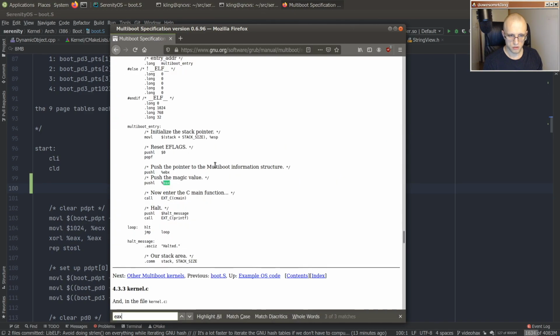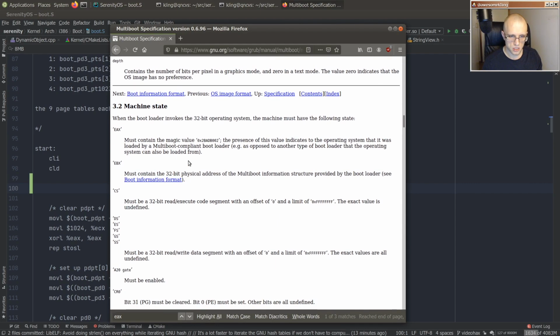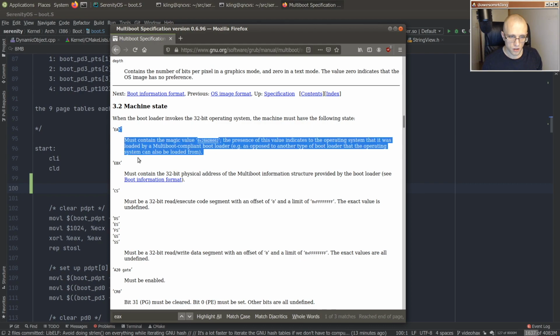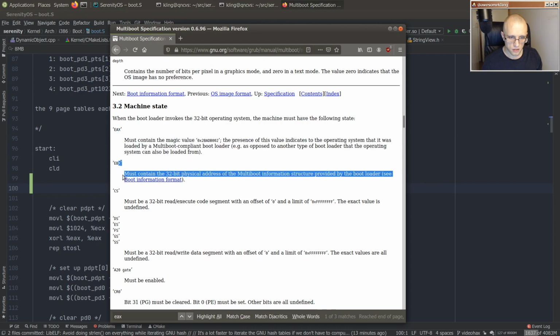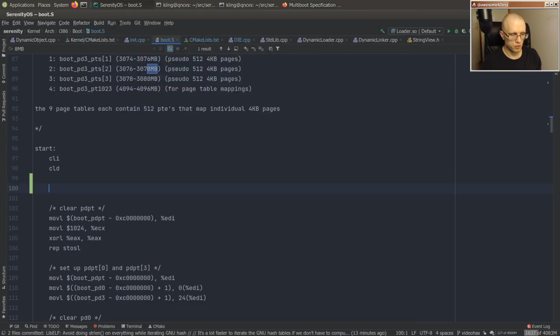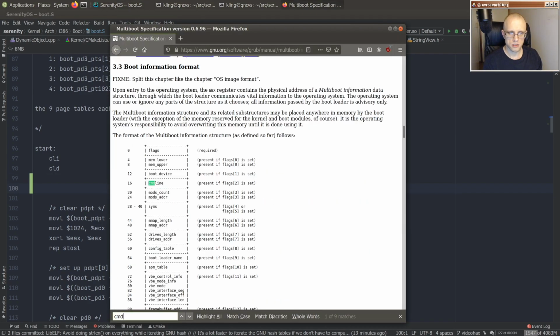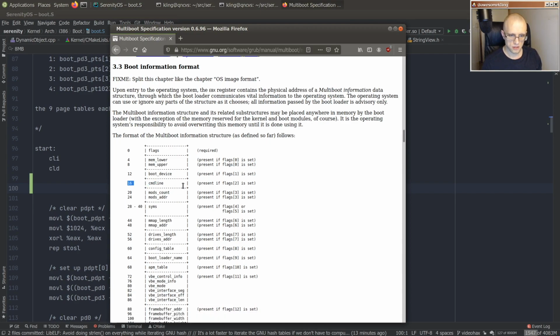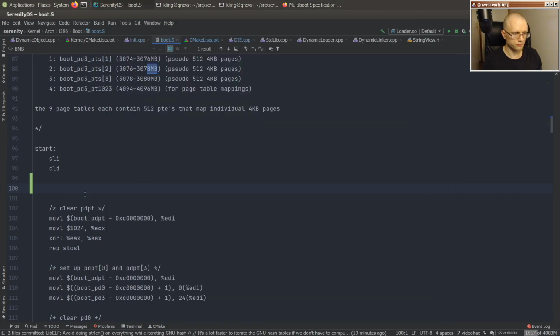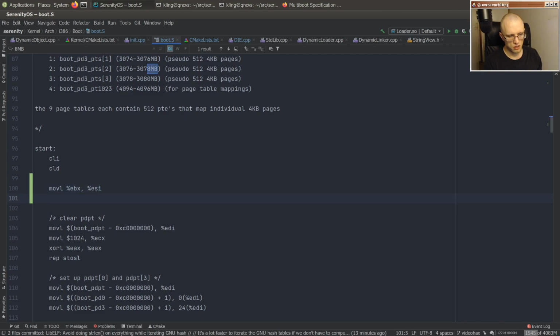Who's pointing to it? Machine state. So when we were called, we have these registers. This magic value, and then EBX points to the multi-boot info structure. So EBX here will already point to the structure, and we just need to go 16 bytes into it to get the address of the command line. So if we just need to move this into the source register, and then